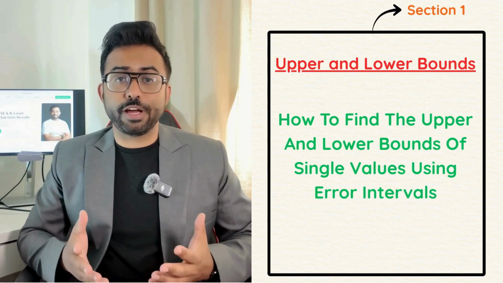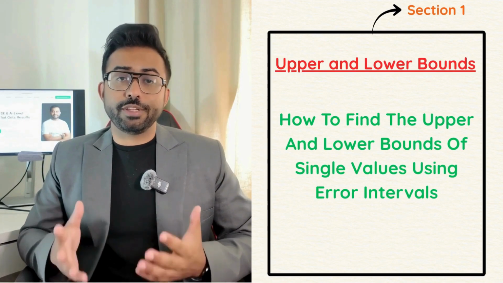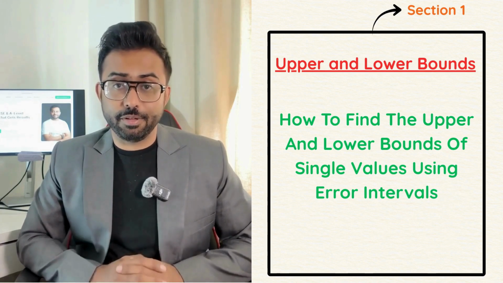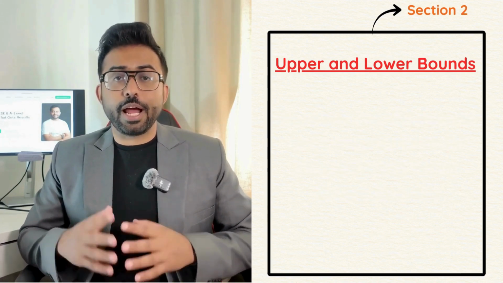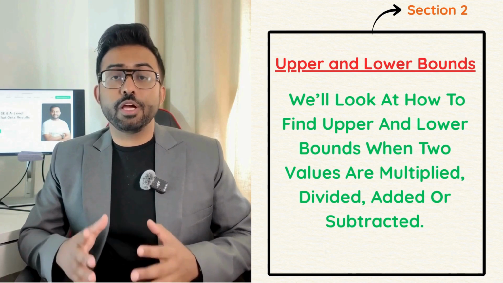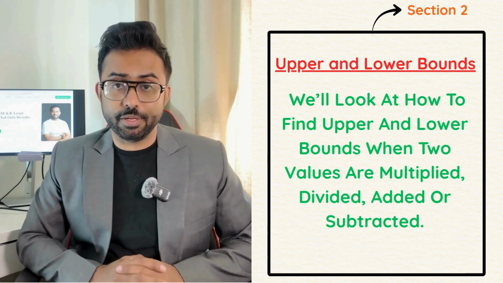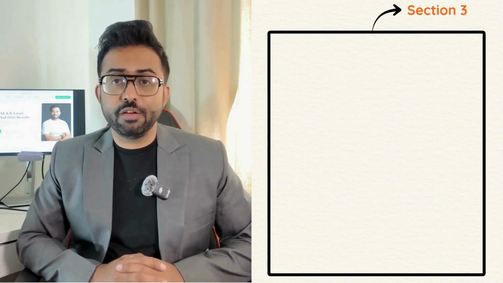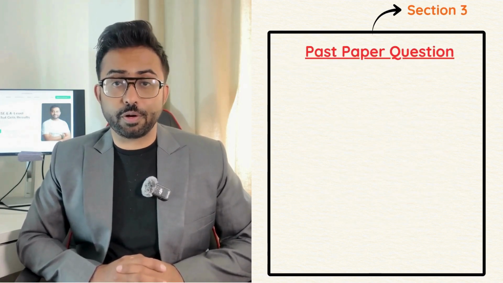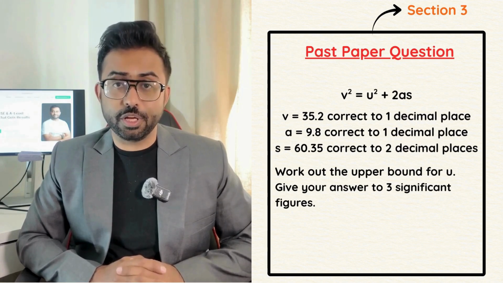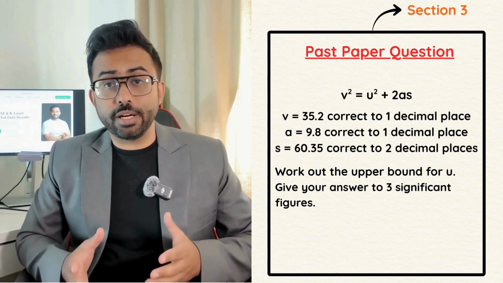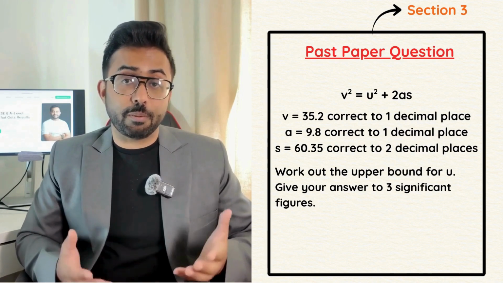In this video, we'll be looking at upper and lower bounds. This lesson is divided into 3 sections. In the first section, we'll learn how to find the upper and lower bounds of single values using error intervals. In the second section, we'll look at how to find upper and lower bounds when two values are multiplied, divided, added, or subtracted. In the third and final section, we'll work through a more complex past paper question on upper and lower bounds. I'll show you how to approach it clearly and how to deal with questions that combine several